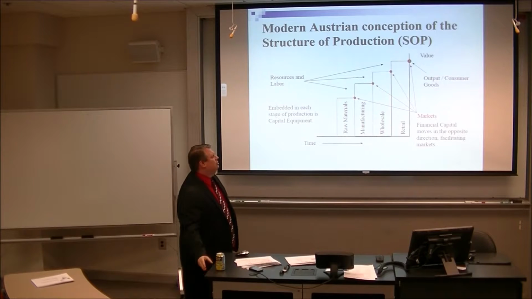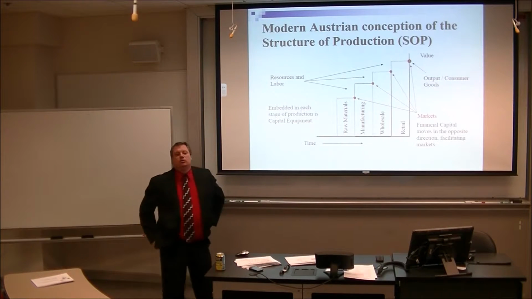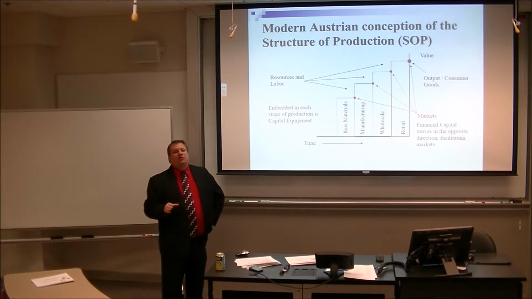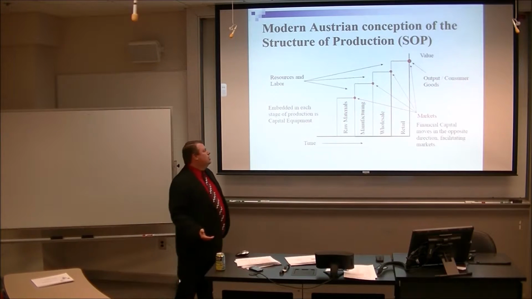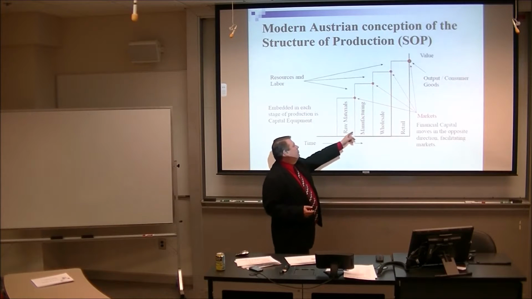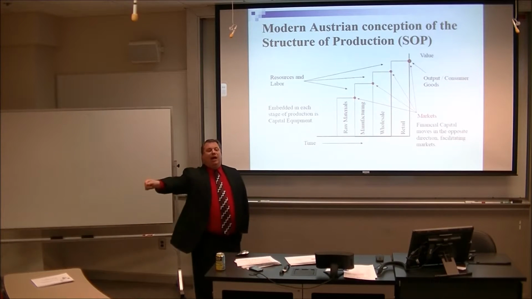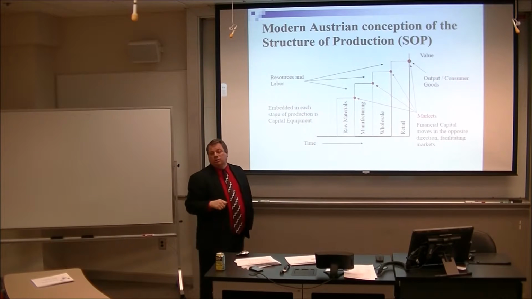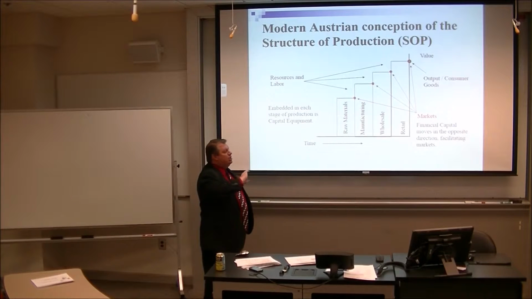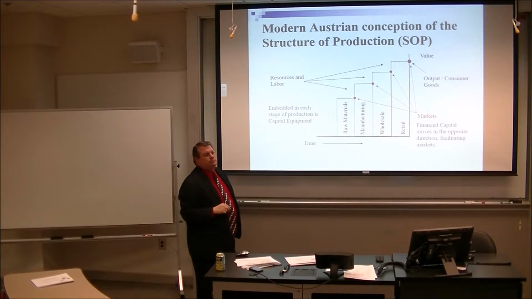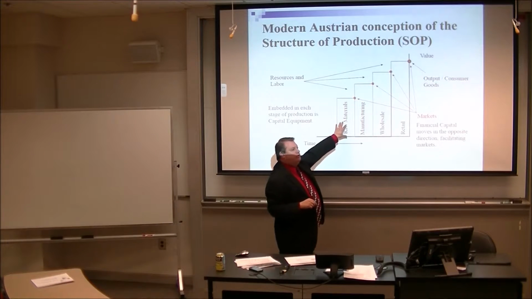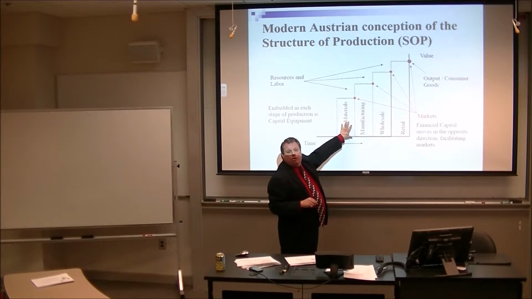And the wholesaler then buys from the manufacturer. The wholesaler's demand curve is based upon the retailers, which is based upon the consumers. The manufacturer then buys from the raw materials guys, and their demand curve is imputed back to or from the consumers. And so what we see here then is that linkage all the way through. At the same time, owners of the resources have a supply curve.